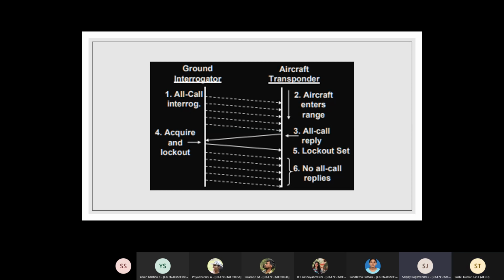Sir, maybe because the same interrogation code is used, right, sir? That's what lockout is basically about. Once the transponder receives the all call interrogation, the all call interrogation will have the IC. So further on in time, if the same IC is decoded from future interrogations, it is locked out. It won't reply to it. Good, good. So that's the function of the IC, right? Yes, sir. The aircraft knows that it has already replied, so there's no point replying again.